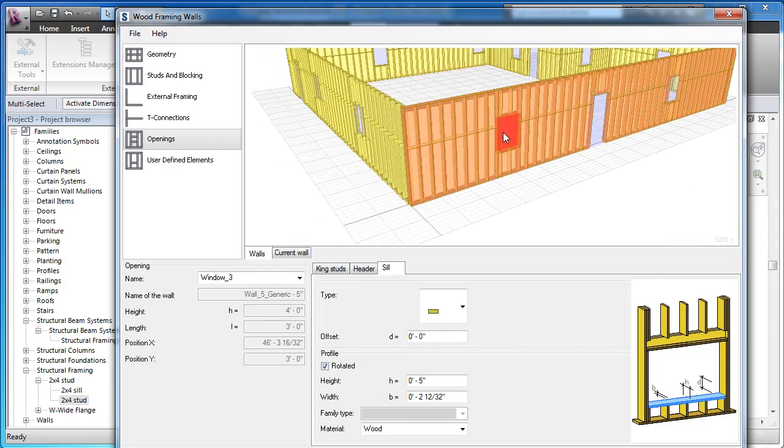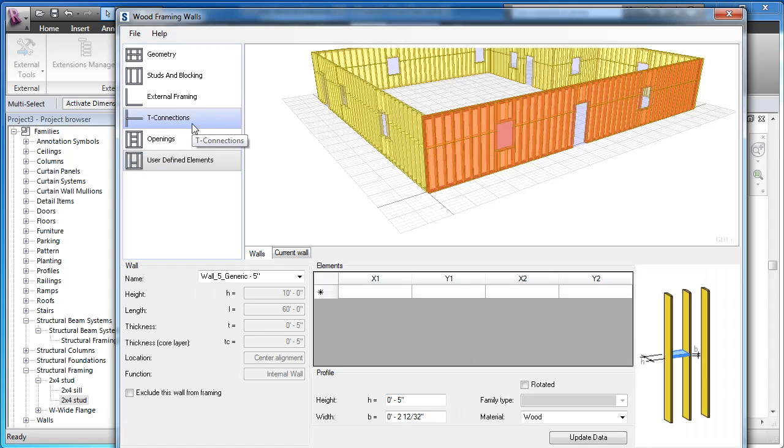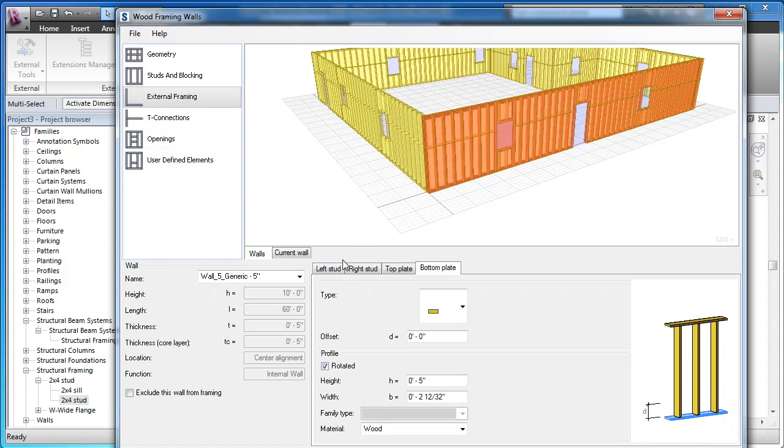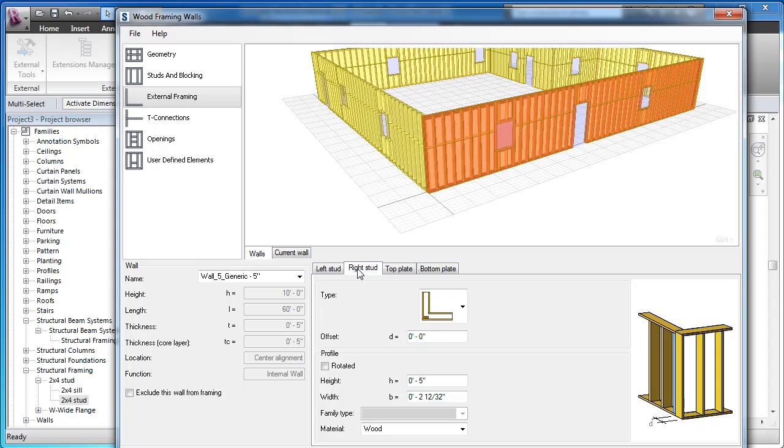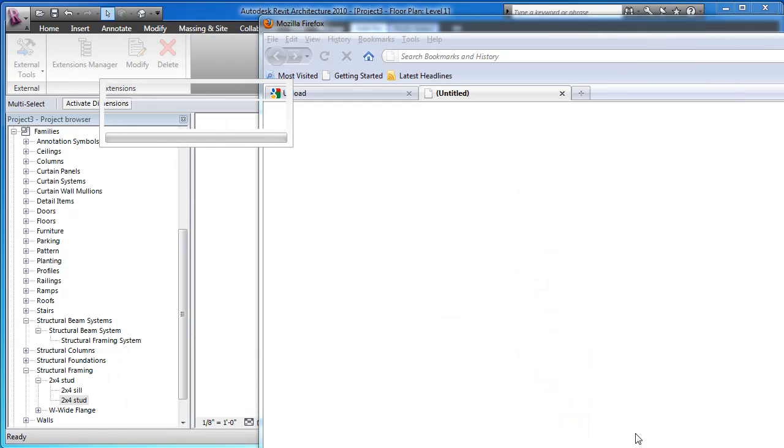Okay, so there, went all the way around, got the openings. Let's see if there's anything. Oh, corners. I didn't show corners, but left stud and right stud are how you figure out what your corners are. And for each wall, you can decide how you want that corner to work. Some of these are probably getting cut off, but there's all kinds of different corner conditions you can use. I'm not going to worry about it, but if you want to put in 2 stud, 3 stud corners, you can do all that. Okay, when I hit OK, we will have